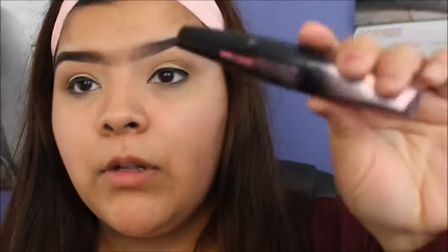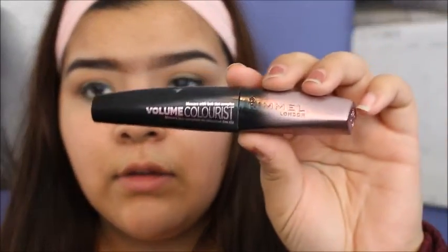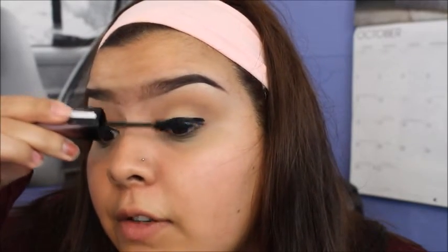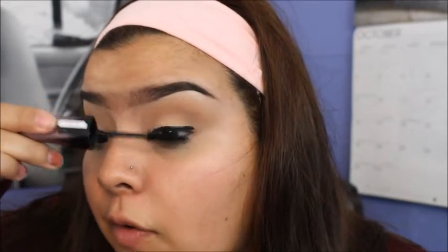I'm using this Rimmel mascara, not sure what, Volume Color Blast. I ran out of my Too Faced Better Than Sex mascara, and I just got hired at Sephora, so sorry about my dog barking. But I just got hired at Sephora, and